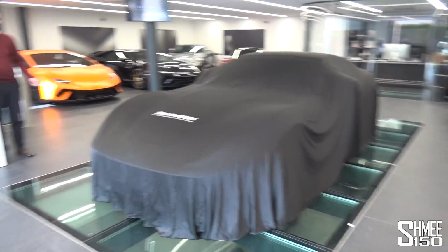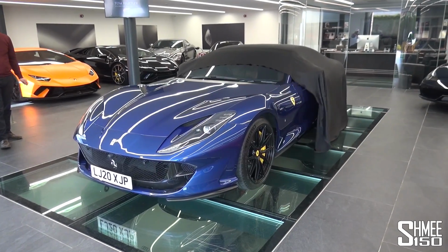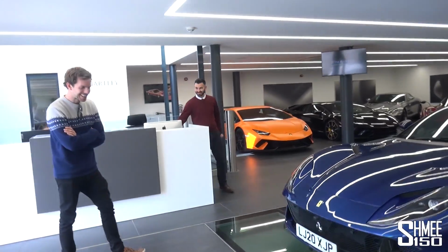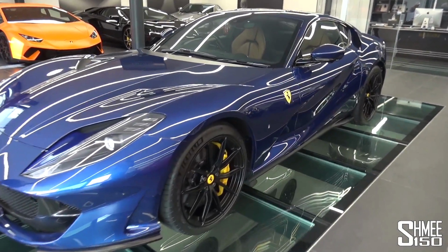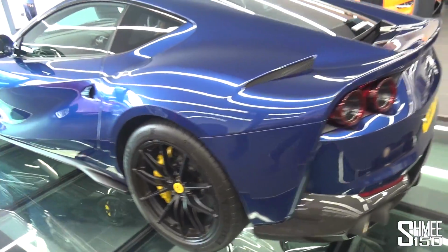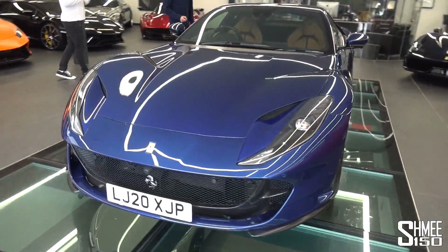Time for the reveal. This is the first time I've seen this car, like ever. Oh. There we go. That's cool. Happy? Very, very happy. There's a key. Congratulations. This is very exciting. Wow. TDF blue, yellow details. I hasten to add for the camera, it's got black wheels at the moment. It will not have black wheels. Heard that. They're going to change to silver. It will have silver wheels instead of black wheels, but...